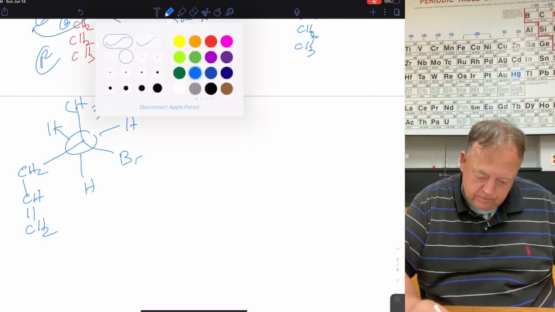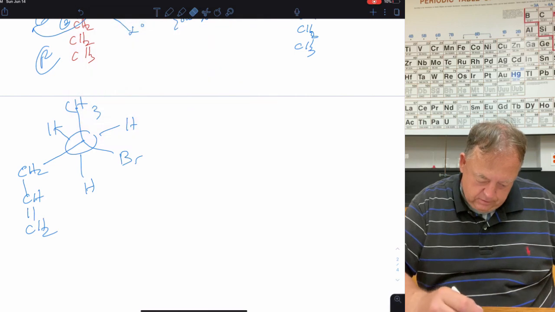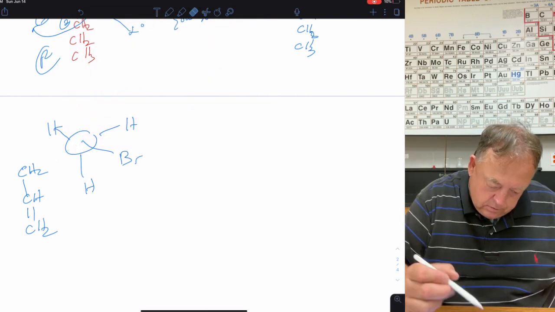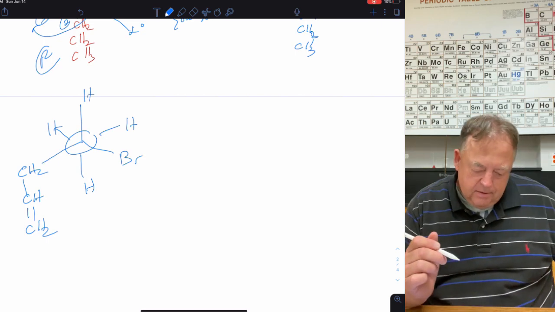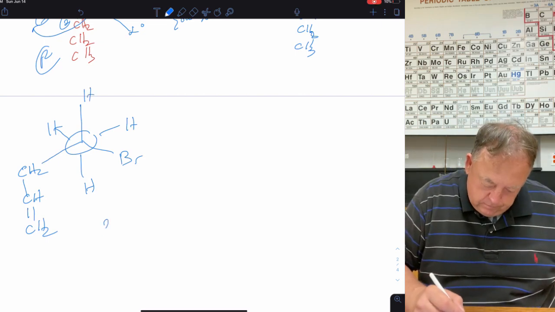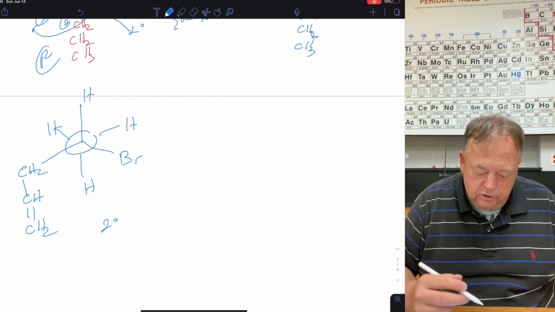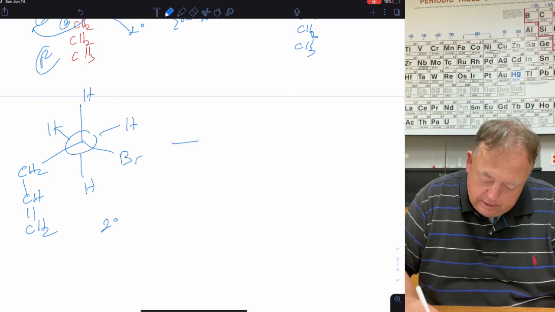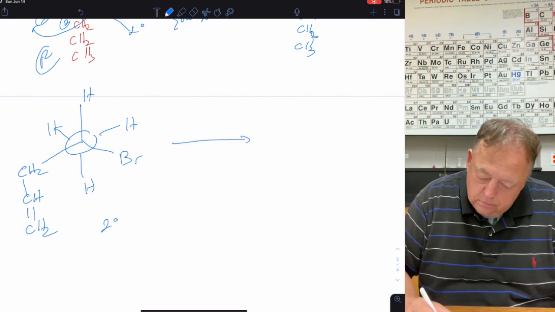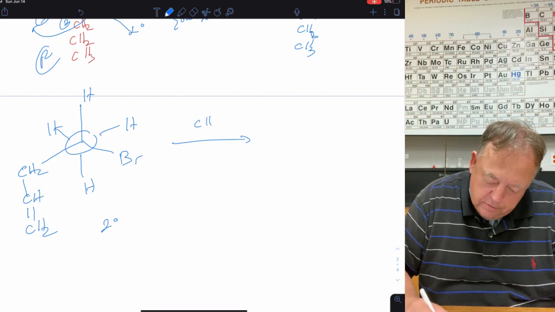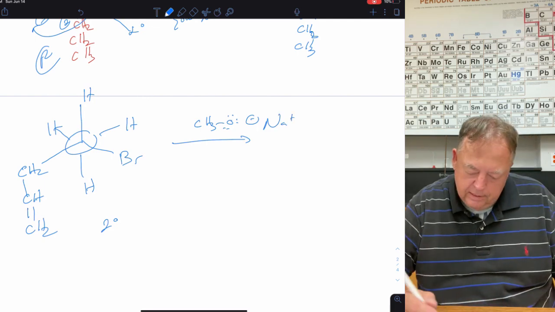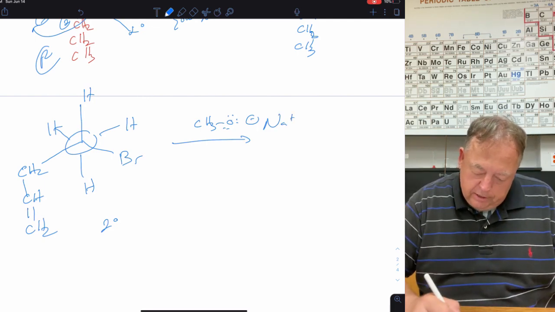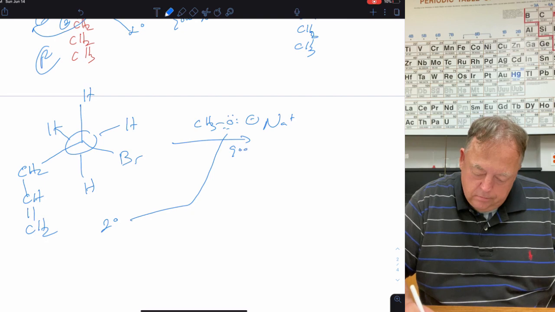So let's change something here. Now it's secondary. All right, just secondary, not allylic because it's too far away from the double bond. And so our nucleophile, so let's make that our nucleophile. Okay, so you know secondary and a good nucleophile